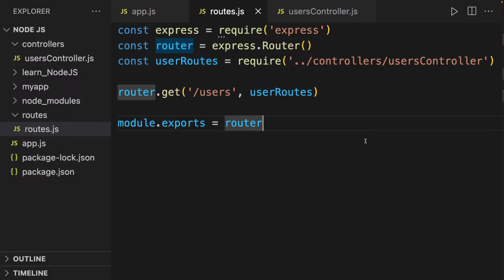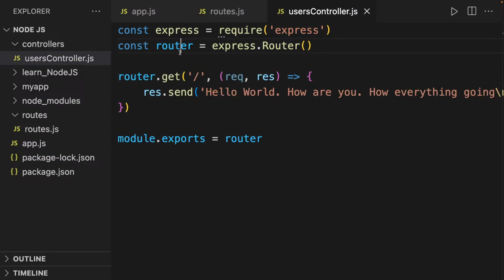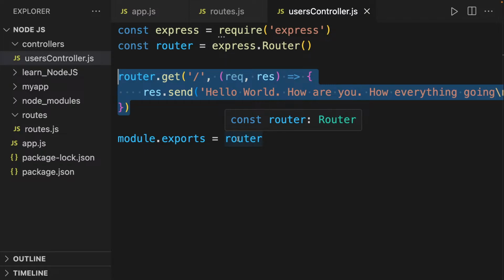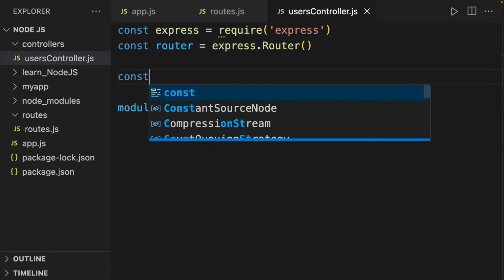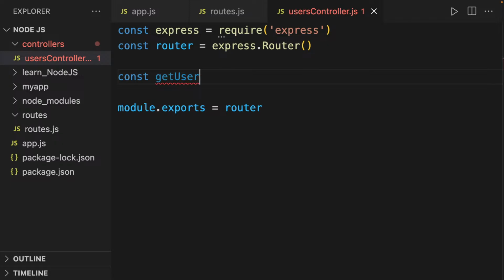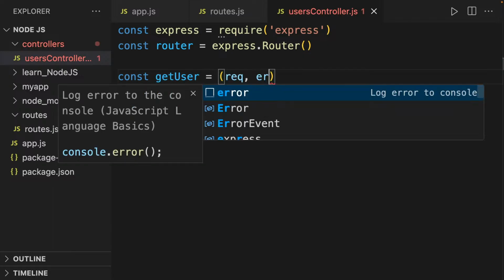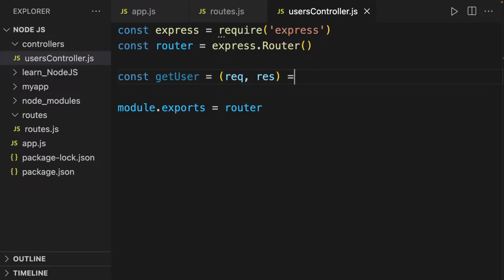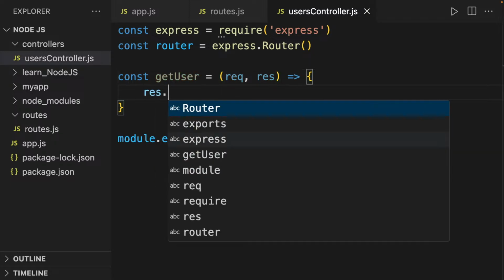So suppose we have created the users controller. Actually, inside our user controller we will not use this router. We can use a function like getUser. Inside this we will use request and response, and then we will set response.send